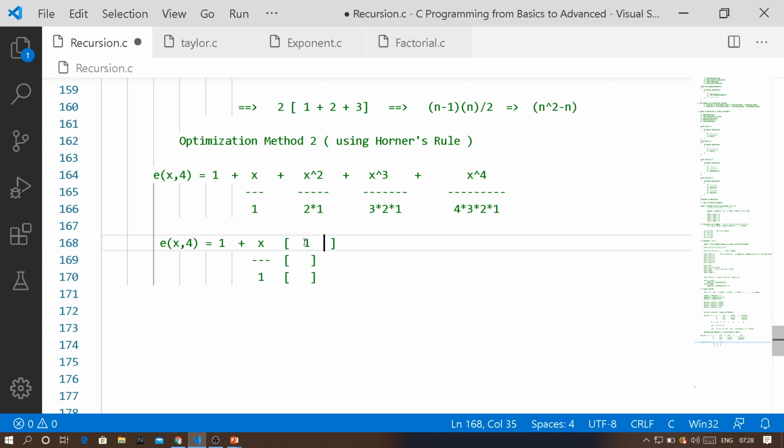What will be the second part? The second part is this x square divided by 2 power 1. When x divided by 1 is taken common, so when x is taken from this term, one x will remain. x multiplied by x is x square. So when one x is taken outside, you will have one more x remaining. Can you understand? When you take one x outside, you will have one x remaining here.